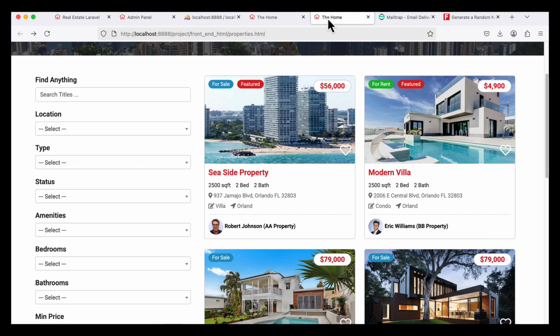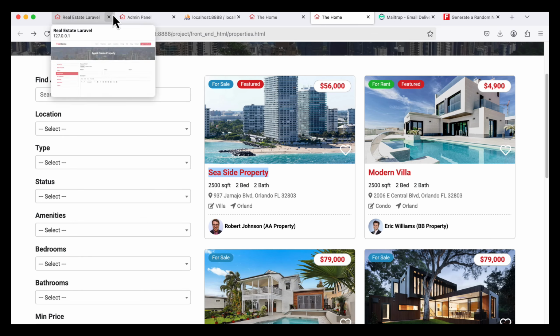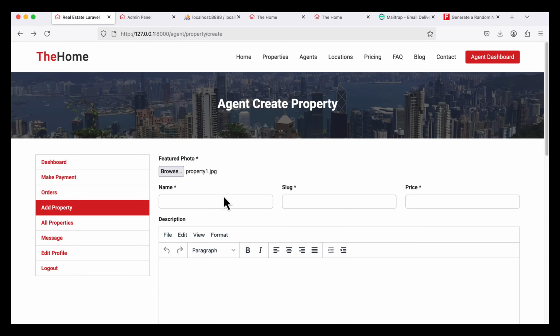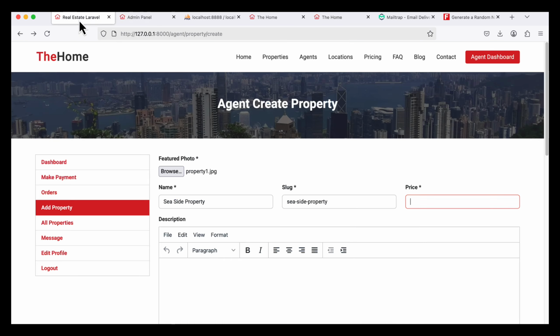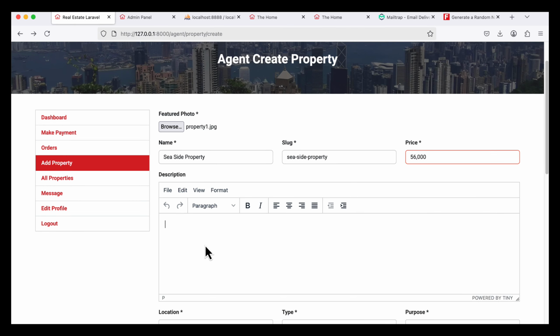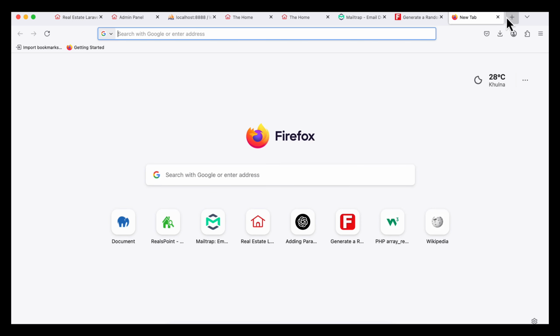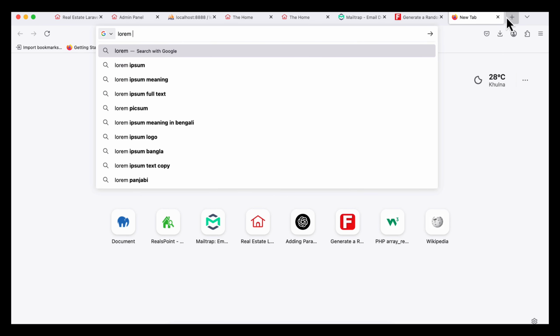Okay, so now it is C-side property. I am going to add it here. So here C-side property, price is, what will be the price? For example, 56,000. So here this can be the price. And description is lorem ipsum